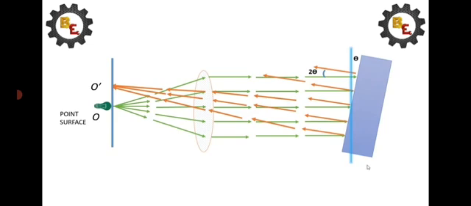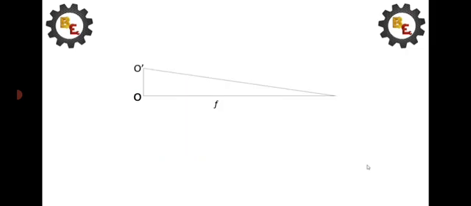of light. Now we can make a triangle OO dash. This is the triangle OO dash and F is the focal length. Assume now 2 theta is the angle of reflection. Now OO dash equals x. Then tan 2 theta equals OO dash divided by focal length. Now OO dash is nothing but x. X equals 2 theta into focal length. This way we can find out the differences from the main picture.